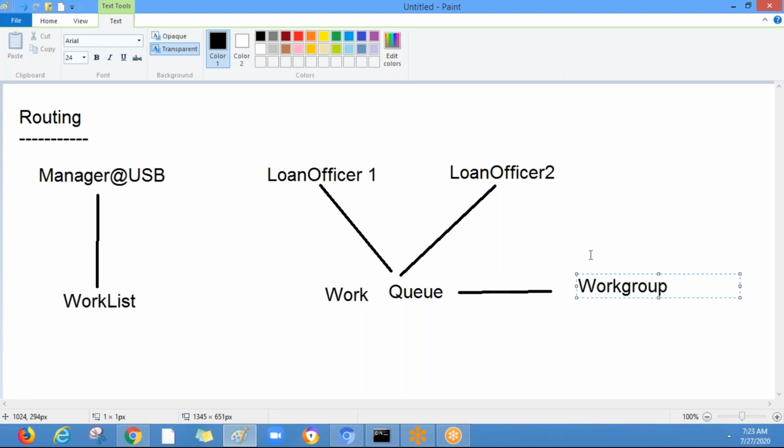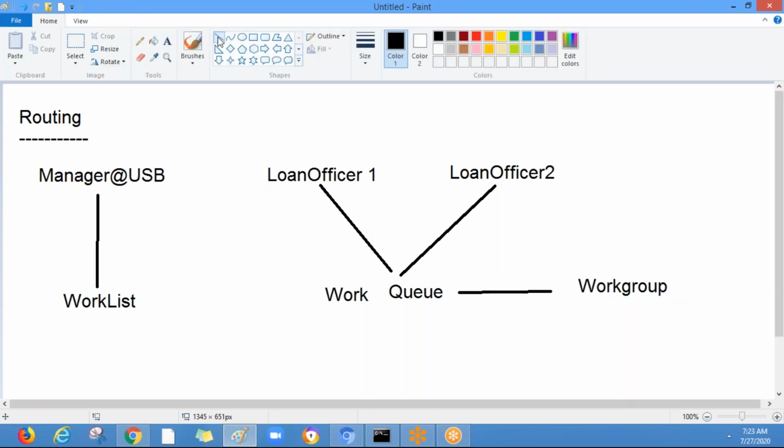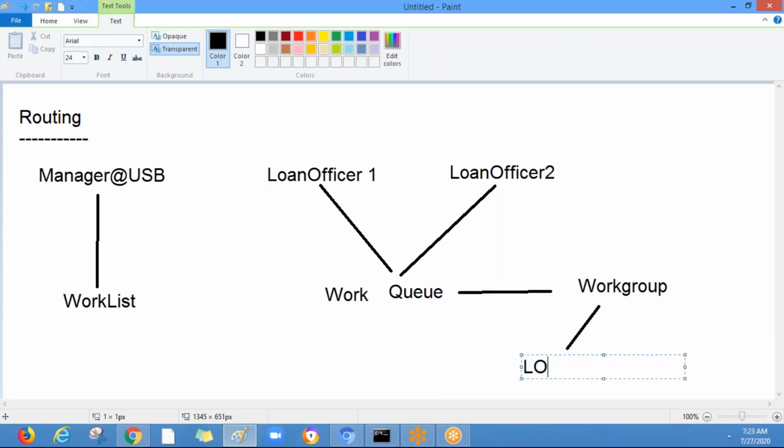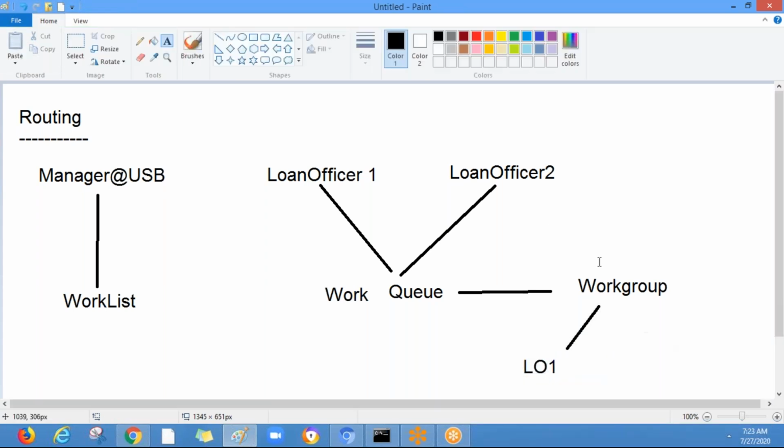Each operator will have a work group defined. If you open the operator profile under the work tab, we'll have some default work group, and that work group can be assigned to one or more operators. Let's say we have assigned the work group to loan officer 1 and loan officer 2.